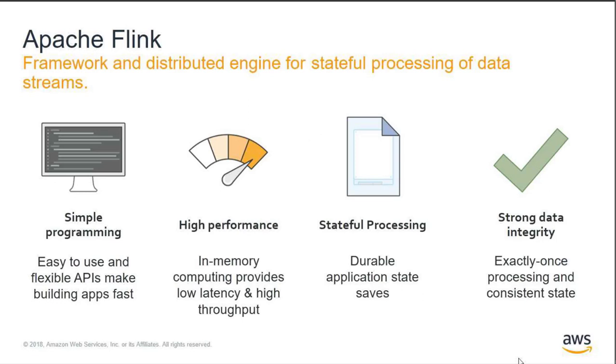So why Apache Flink? First of all, why did Amazon Kinesis Data Analytics choose Apache Flink as the underlying framework to power its Java applications? First and foremost, it provides a simple programming model for you to build streaming applications. You build applications using concepts called data streams and operators, and connect them together to build a simple application. You can think of your application as almost a streaming graph or a streaming flow, where you connect one logical step to another logical step.